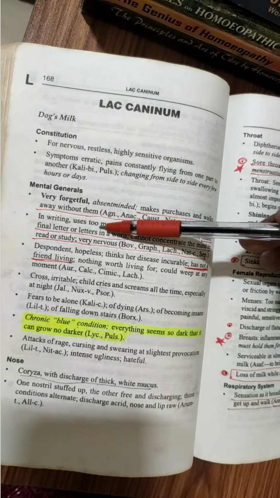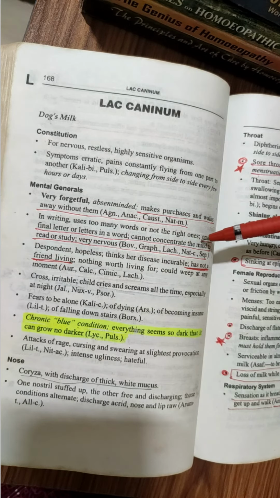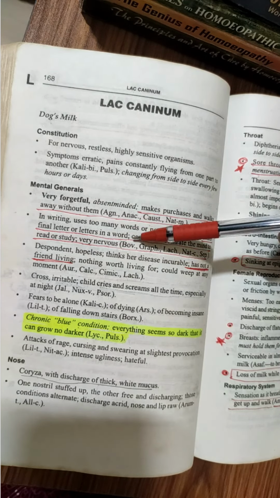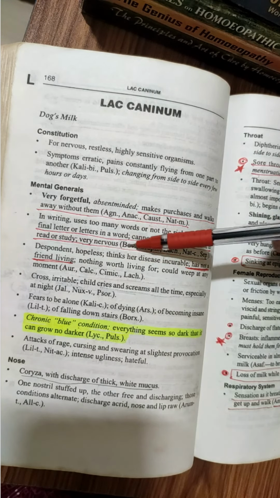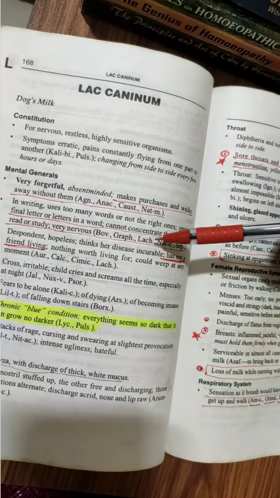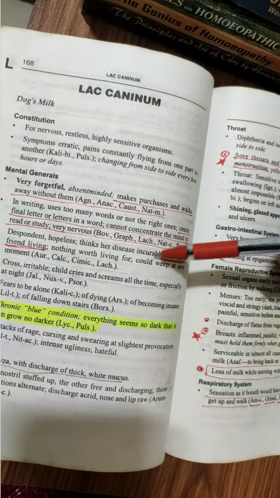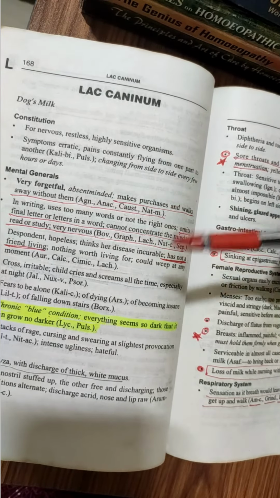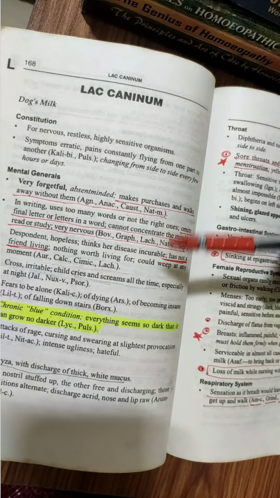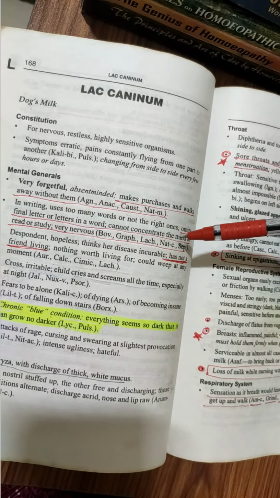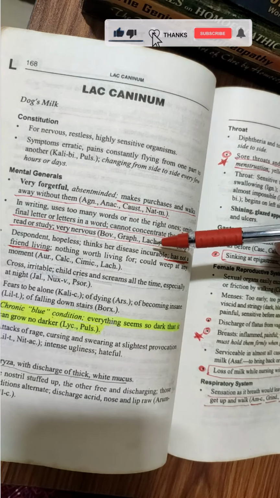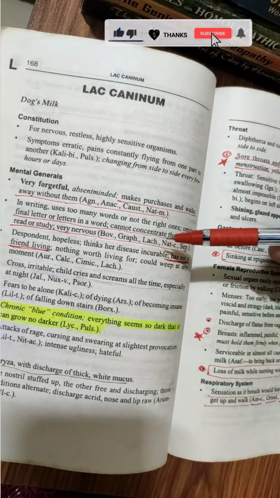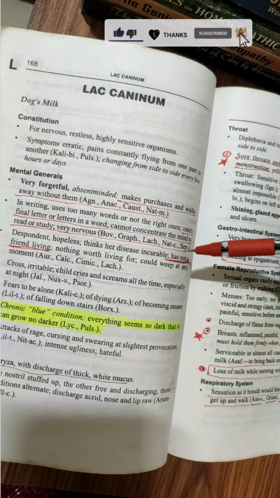And yeah, in writing uses too many words or not the right ones, omits final letter or letters in a word, cannot concentrate the mind to read or study, very nervous. So many remedies are there. So they can ask some four of them, I mean three of this list, and one another one which is not there in the except question you can ask. So regarding the writing, the study problem, the study learning disorders: Bovista, graphites, lachesis, and natrum carb, and